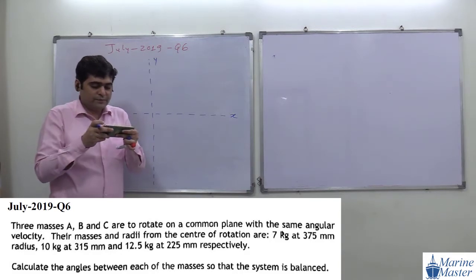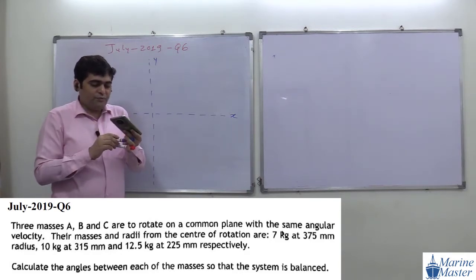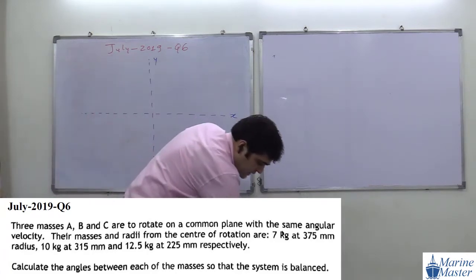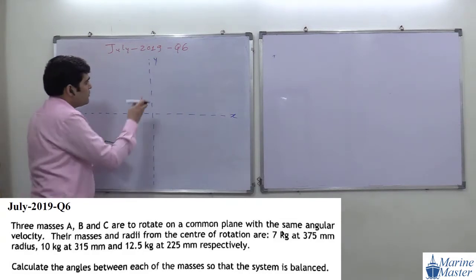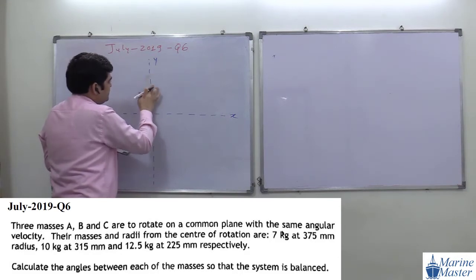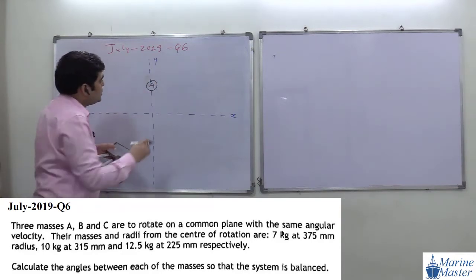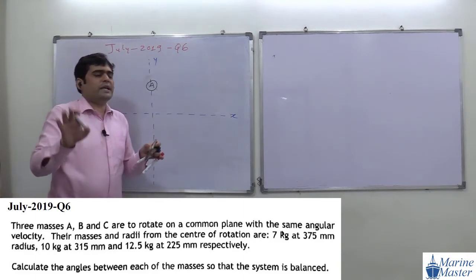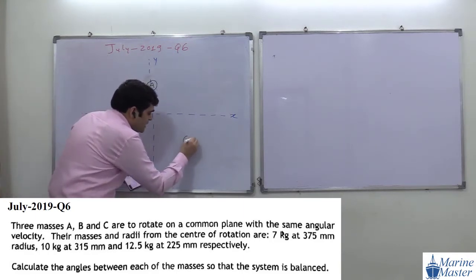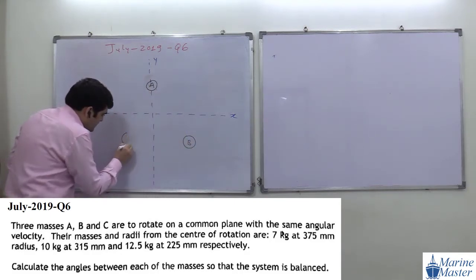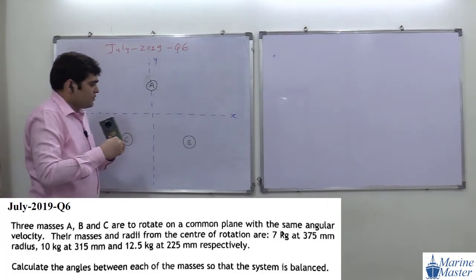What is the scenario here? They have given us the first mass, mass A, whose value is 7 kg. Here I will consider mass A. With respect to mass A, we don't know about mass B, but just as a rough configuration, if mass A is here, then approximately mass B is here, if you want to balance the system, because three masses are there, and mass C is here. So this is our scenario.